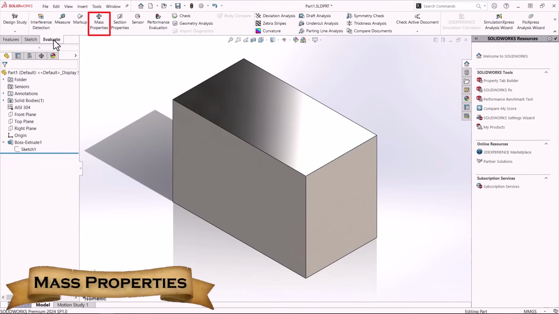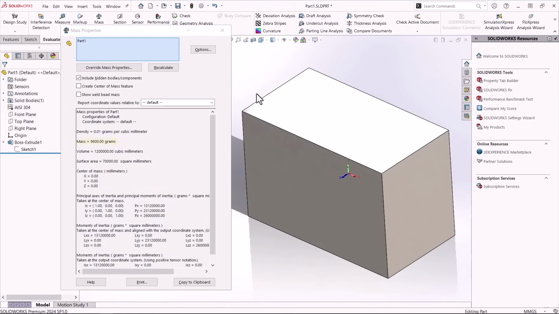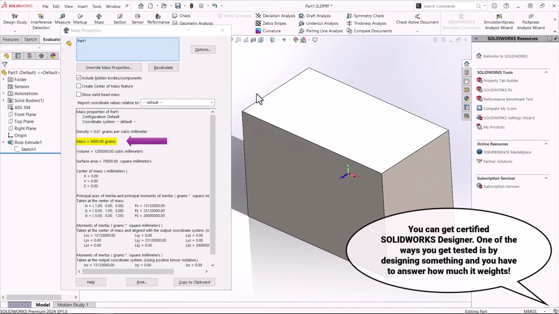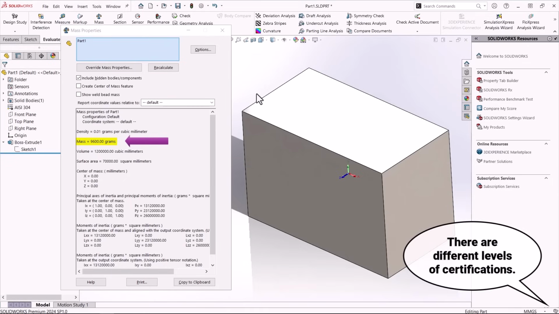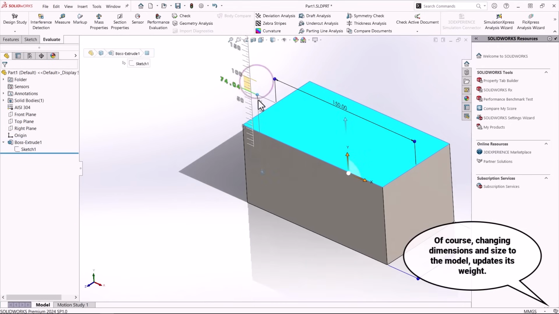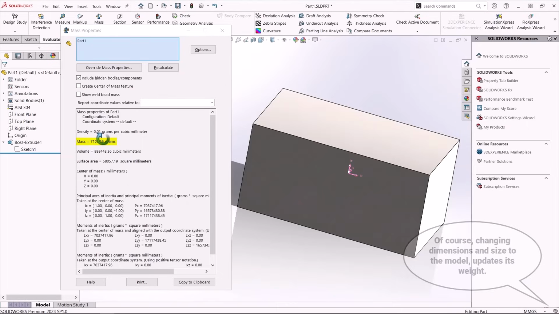This command can show you everything about the mass properties of your model, and the reason I am showing you this is the mass itself. Here we can see how much our model weighs. And this is important to beginners who aspire to take the SolidWorks certifications, like the Associate or Professional SolidWorks exams, because that's one of the ways you get tested. But that's a really deep topic, which I can cover for you in another video if you're interested. Just leave me a comment so I know.